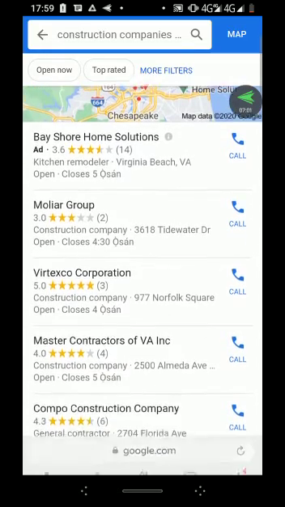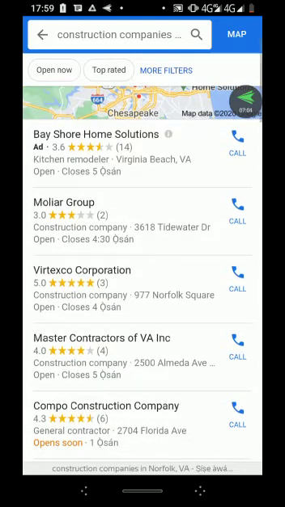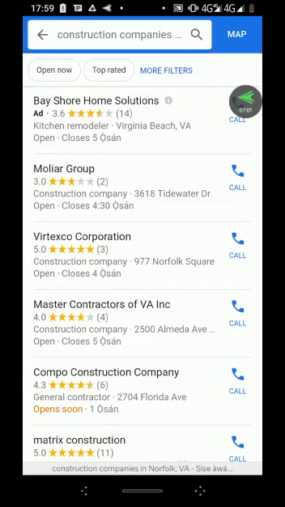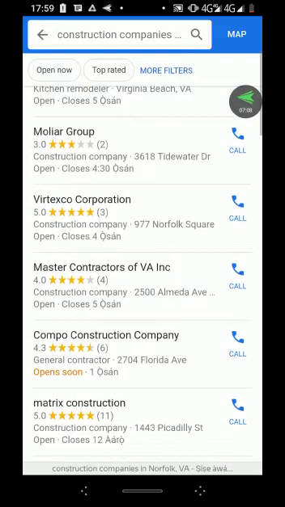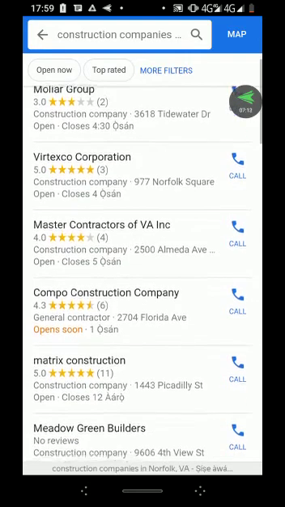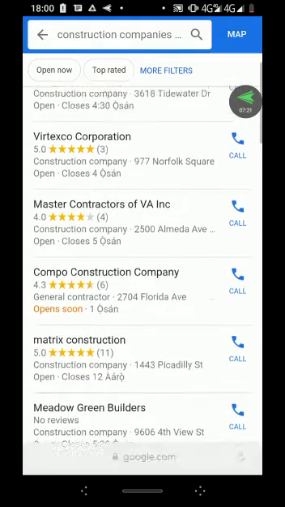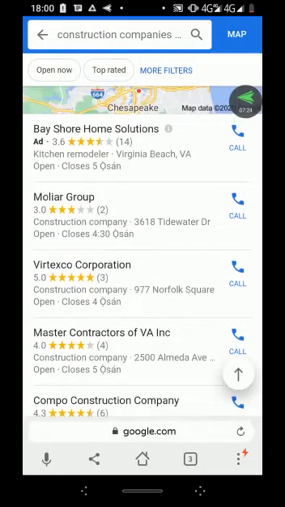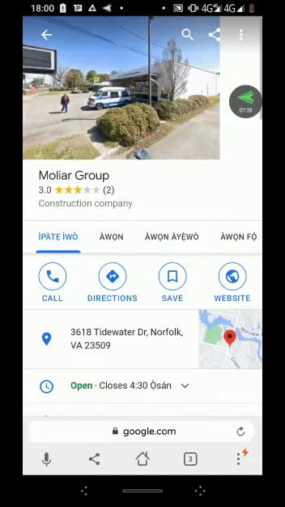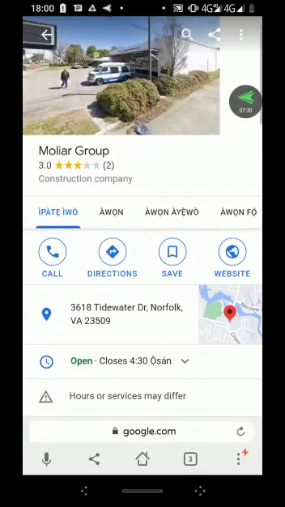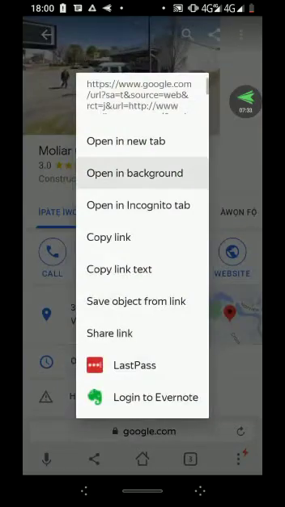You can see right here, Molia Group. The description below it is construction company. We have GFTECONCEPT Corporation. It's also a construction company. We have Master Contractor VA. The description is also construction company. Compo Construction Company. So what we do right here is click on it to give us the full detail about this company, then we click on the website, open a new tab,